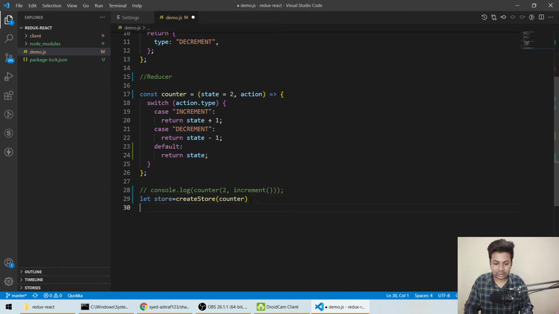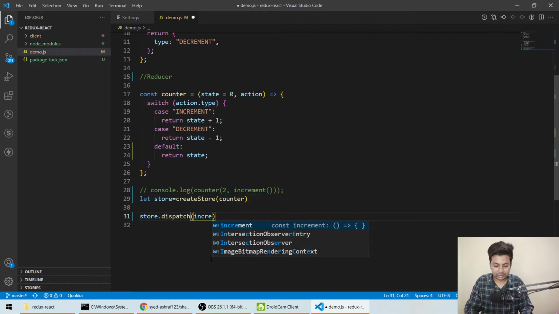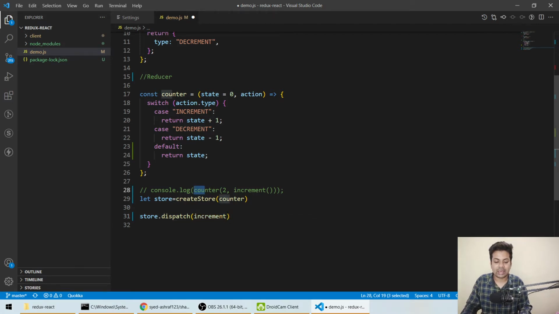Okay, so now we'll say store dot dispatch. So what does store.dispatch do? Dispatch means calling the function. So firstly we have to call the counter, then give the value here, 0, 1 or 2. Let me make it 0, default 0. Here we have to give the value 0, 1, 2, and here we have to pass the increment function. So in dispatch we just directly call the increment. Now we don't have to write counter and each and everything, and it will return us the value. Okay, so increment is a function.